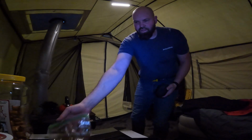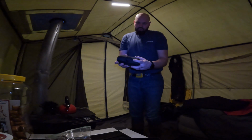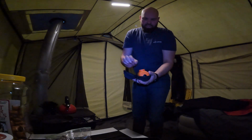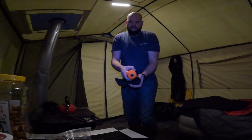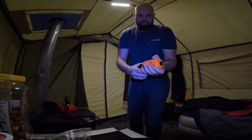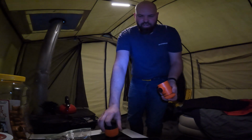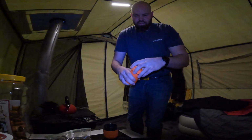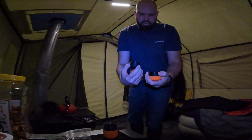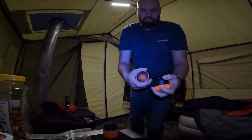For a while I was doing tea in the morning, and then for Christmas I got this new Wacaco is the brand. This is an espresso pump. It's a hand pump, so I'm going to use this today. You just place the water in the main cup down below, and then load up the cup for the espresso shot. This is a single shot unit,